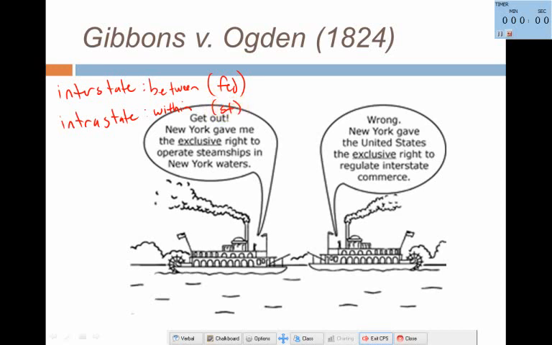So I'll give you an example. Here's another one. McDonald's. McDonald's operates only in California? No. It operates across multiple states. So can California say, hey, McDonald's, all your burgers have to have avocados in them because we're California and we have avocados? Can California tell McDonald's that? Why not? Because that's interstate. Wouldn't McDonald's then have to put avocados in their burgers in Texas and Nevada and Washington and Oregon? So can California do that? Do they have that power?